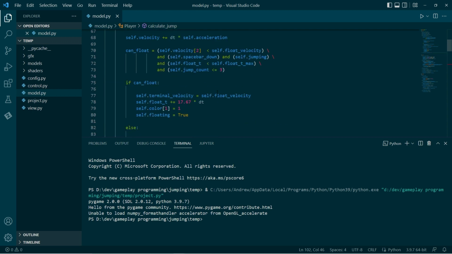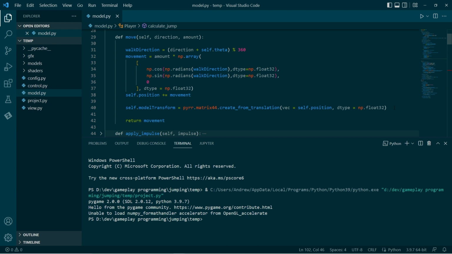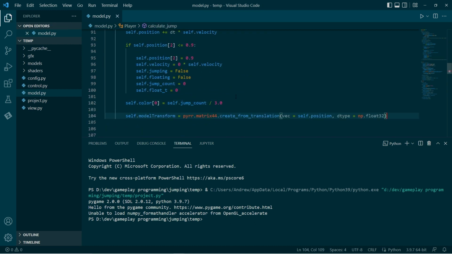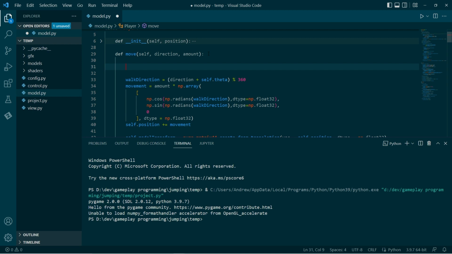So the other things I need to do is, if I look at this movement function, I'm going to grab the model transform. And the other thing I'm going to do, this is just a little thing right now, is say, well, remember, when I was floating, I actually wasn't able to strafe.